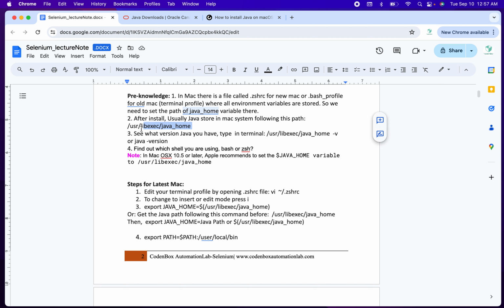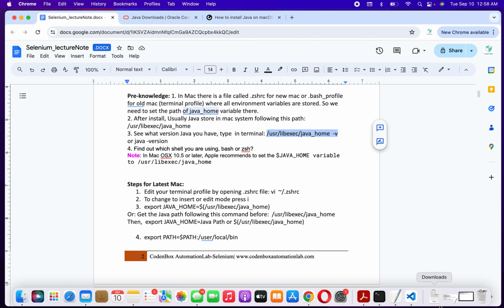So this is the common path where usually Java or the JDK is stored after installation. Okay, you can see we already checked the Java version, but you can also see it following this link, because as I said, Java is usually installed in this location. So if you just copy this path and put it here